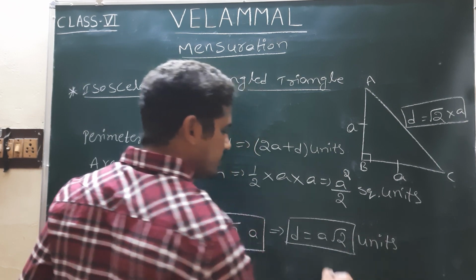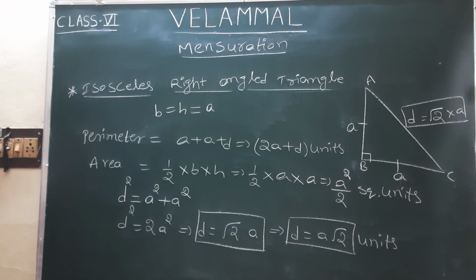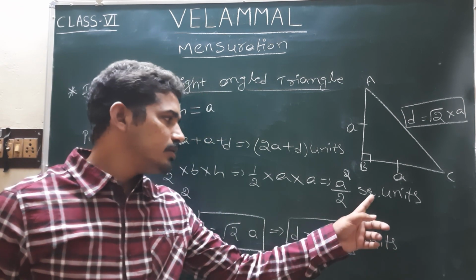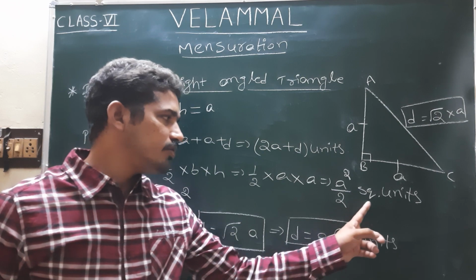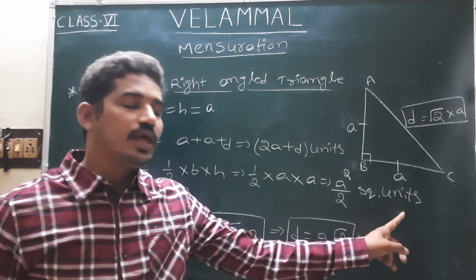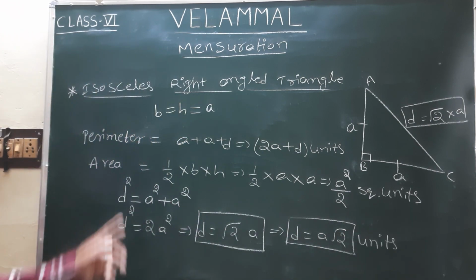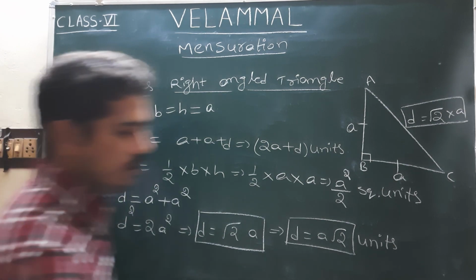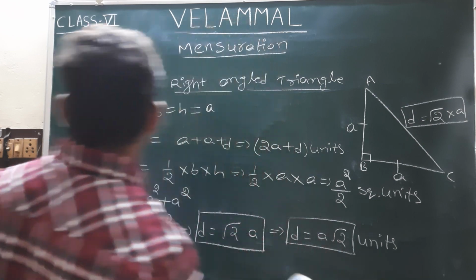Units in the sense centimeters or meters or kilometers, whatever it may be, just units only we take here. But only the area we need to find in square units. Okay. So this is about the isosceles right angle triangle formula. Next we have the